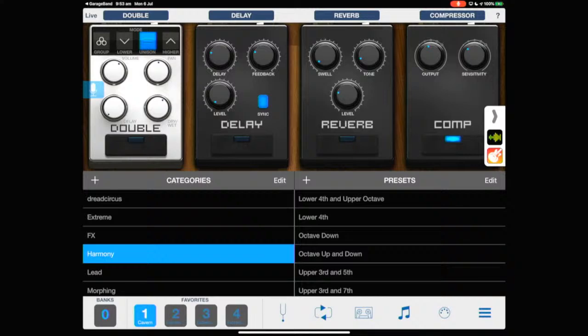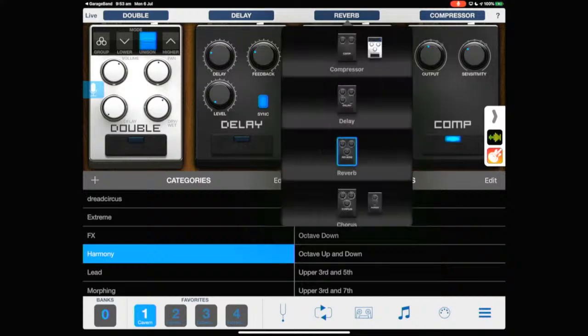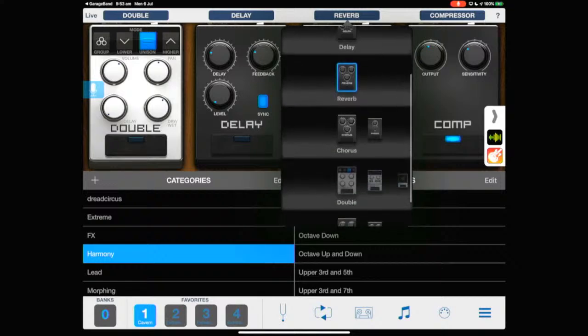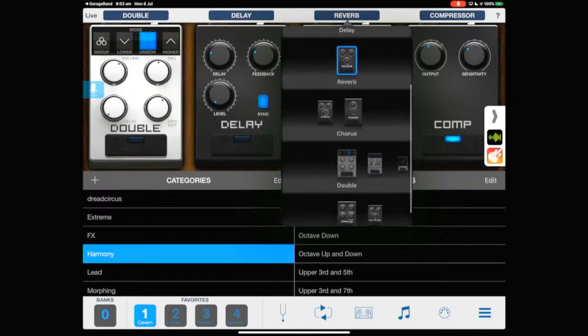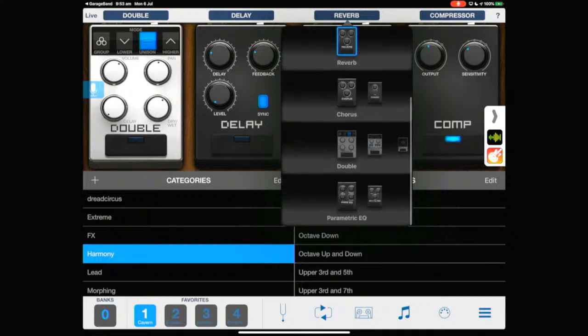You get a selection of pedals, so let's have a look at those. You've got 2 compressors. This is when you pay for the pedals. You've got a delay pedal, a reverb, 2 chorus and a phaser. You've got a doubler, a pitch correction, a morph, and, let me see, a choir and a parametric EQ,